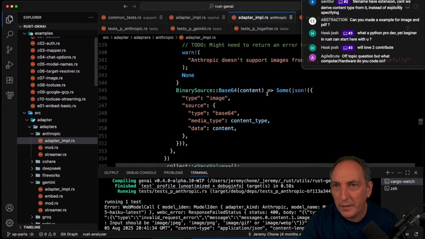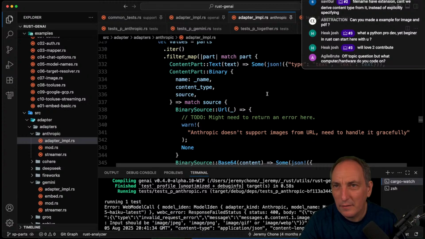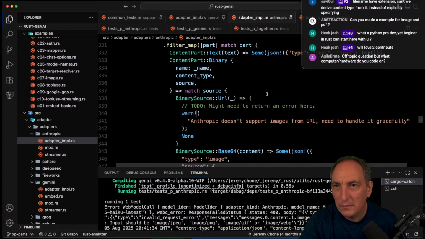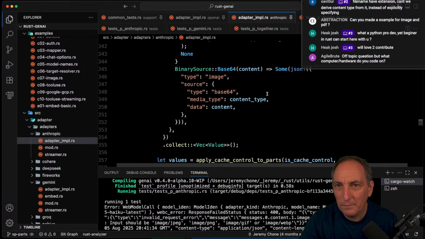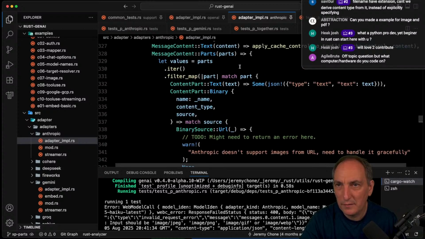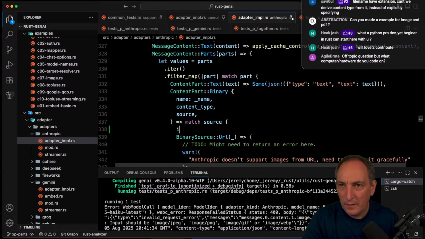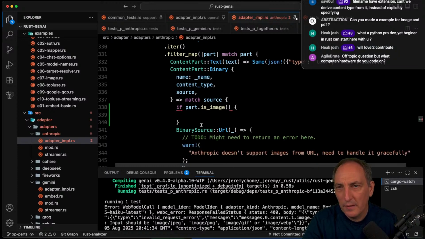And then we are going to go to our Anthropic guy, binary. Okay, and I think we're going to support the same thing. So we're going to say if part, correct? If part is image. So now I thought that we had the PDF guys over there, but we don't need to be PDF specific. So I will probably remove it. So I do else,